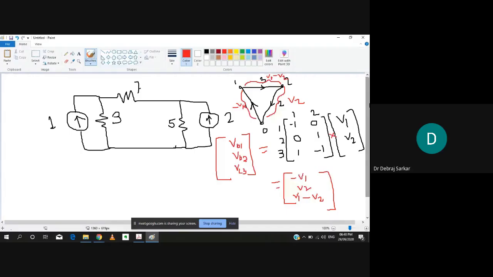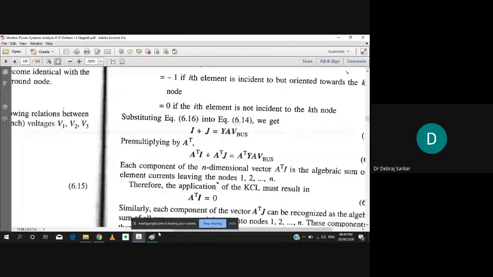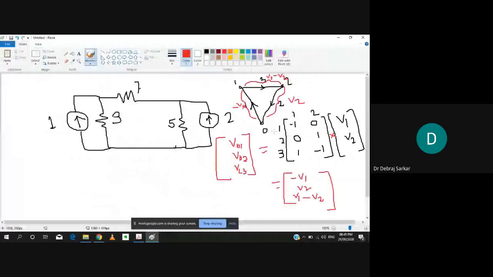Check. Okay. Then let us do this: Y capital A V bus. By the way, till this part, everything is okay. Sania, till this part, you're okay with this? Yes, sir. Okay. So till this part, what we have done is A into V bus.